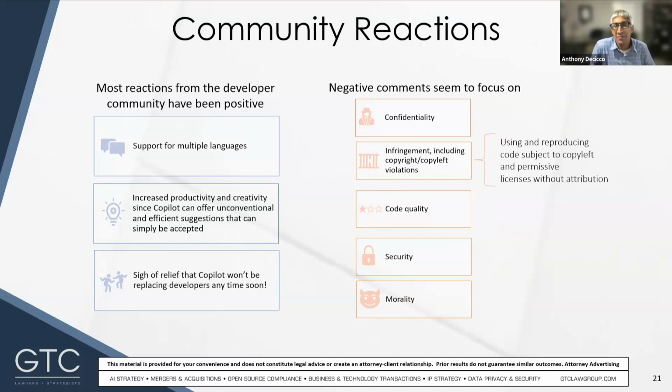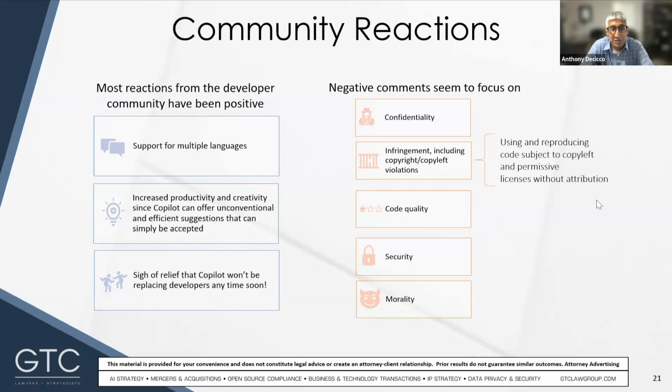The final one is interesting. It's around morality, and it's been mirrored with respect to GAI tools more generally. There's been a big movement by a lot of authors wanting compensation for their works being used to train all these tools. Here, Copilot uses public free code to basically create a for-profit product.